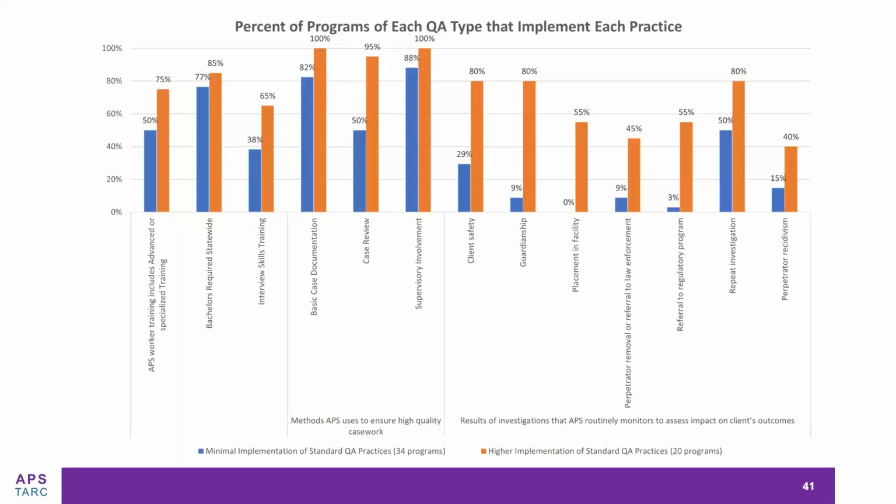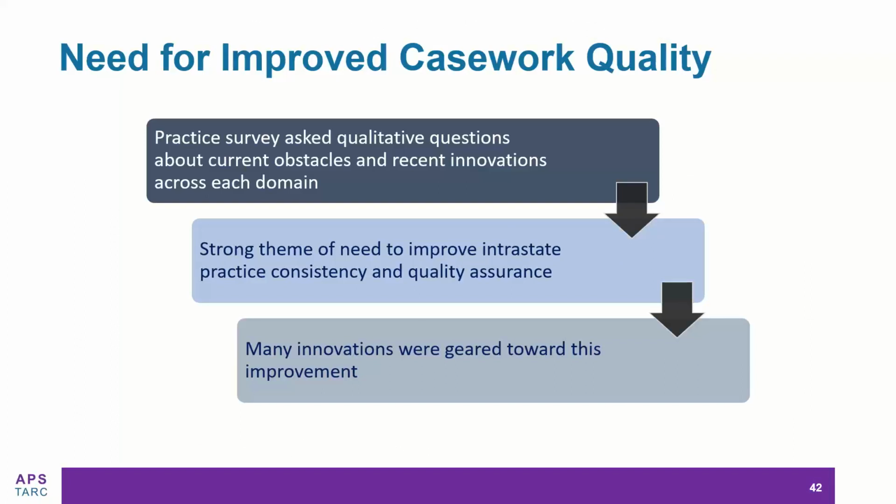So next slide, this is really not that surprising in the sense that this statistical analysis was reinforced by some of the qualitative information that we looked at. So recall that we had those innovation and barriers questions in the practice survey. We had the responses to the other questions in the survey. And as we looked through all of those responses,